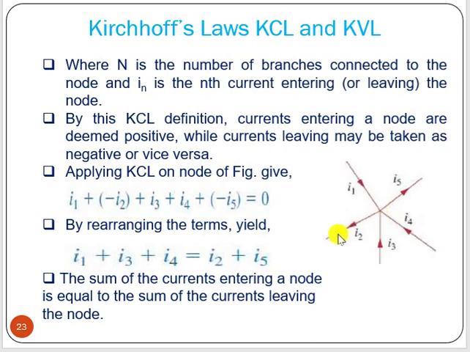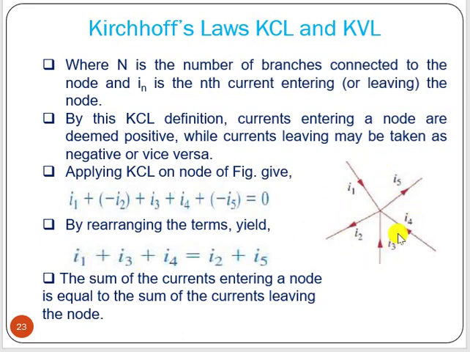I1 is entering, I2 leaving, I3 entering into that node, I4 also entering, I5 is also leaving the node. So what we have: I1, I4, I3 entering, I2, I5 leaving. So according to KCL, what we can write,